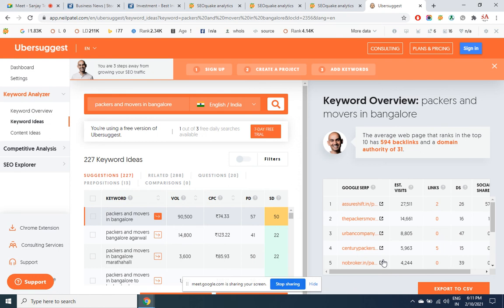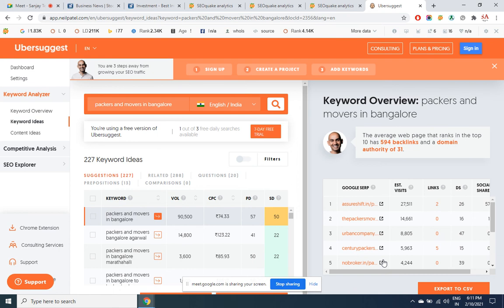You are learning to drive an Innova car. You need not learn how to drive a Maruti Alto or a Honda City. Because Innova is the most difficult car, then all the other cars will be like toys to you. So we are only focusing on Google, Google, Google. Other search engines we are not even touching, but you will see that your site automatically ranks on top in every search engine if you are on top in Google. Not even 10% of the Google results are there in other search engines. Same results, but not even 10%. So eventually you will be performing everywhere if you are targeting Google.